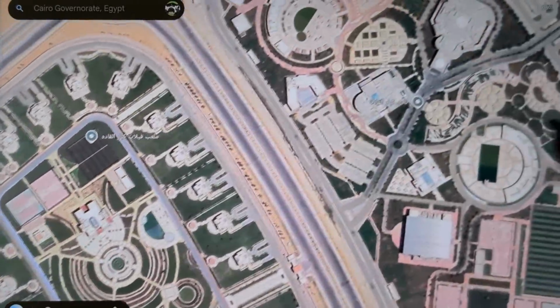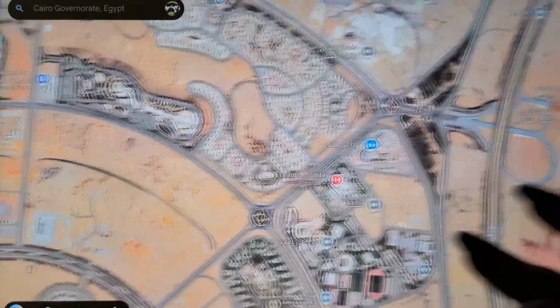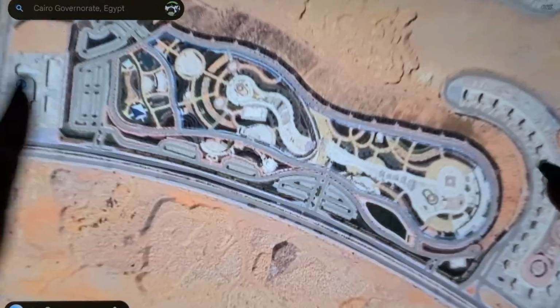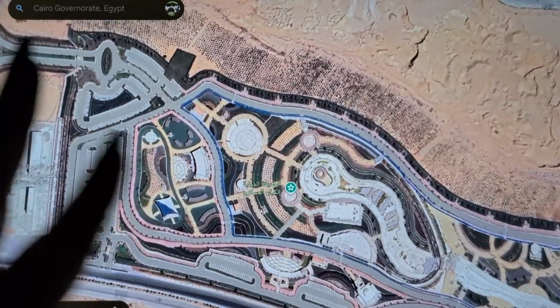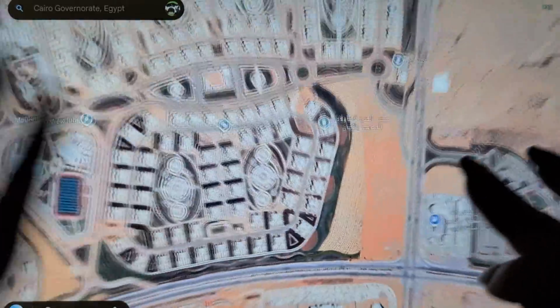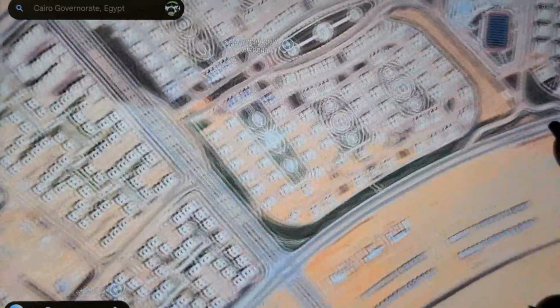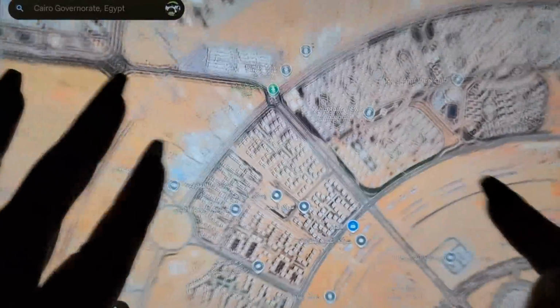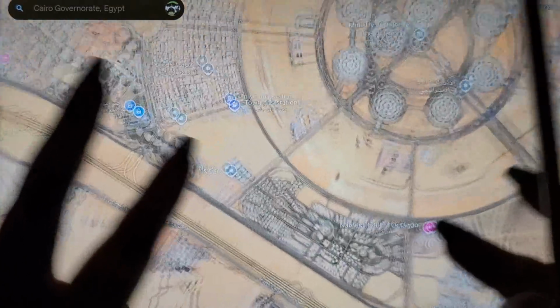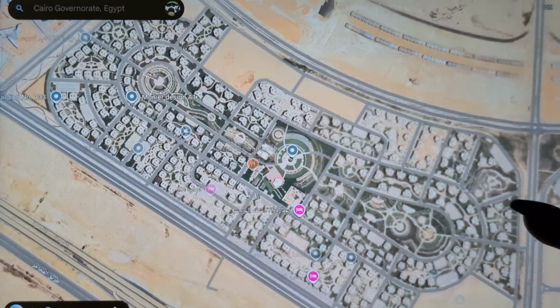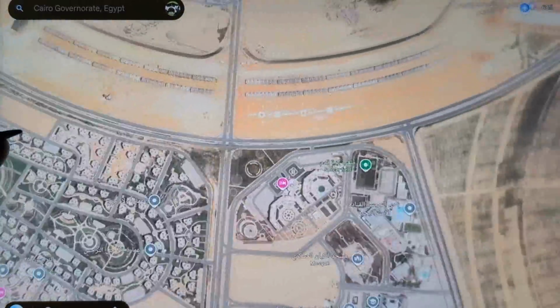It's gorgeous. We've got, look at this. Whatever that's going to be, it just looks like a big old park, to be honest. These beautiful buildings. Let's see. Some more stuff down here. Looks like more housing.